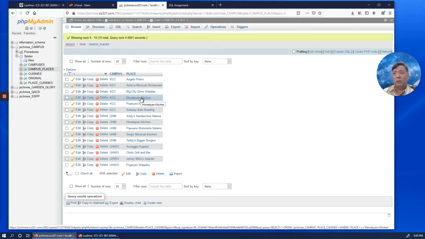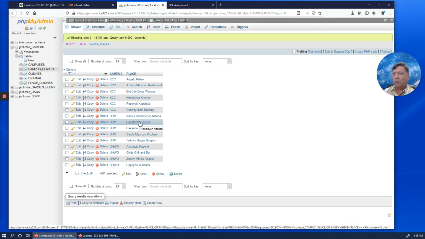If Himalayan Kitchen changes to a burger place, then KCC will have two burger places, which violates our constraint of one cuisine type per campus. It would also violate the same constraint for UH Manoa, because UH Manoa already has a favorite burgers place listed here.